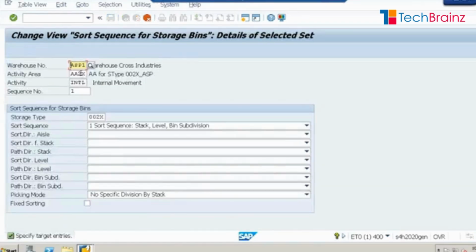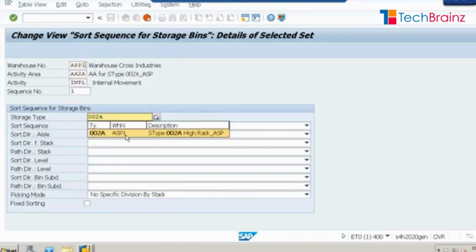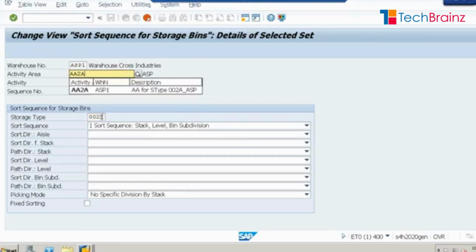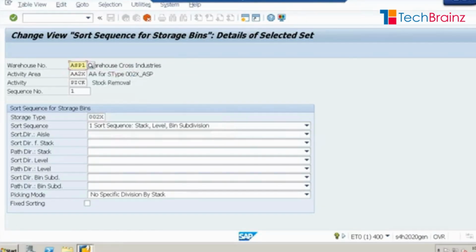Copy, and my activity area is 2A, my storage type is 2A, and here I'm keeping stack level and bin subdivision. So I'm doing it for 6 different activities which are to be done in the warehouse in these storage types,